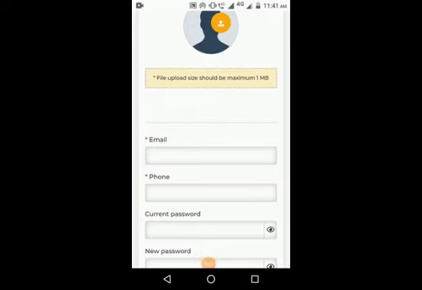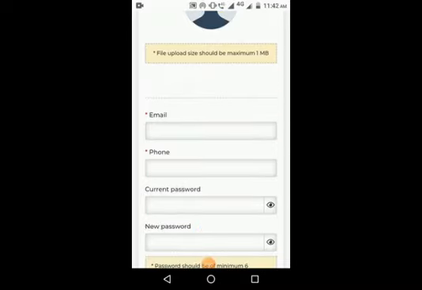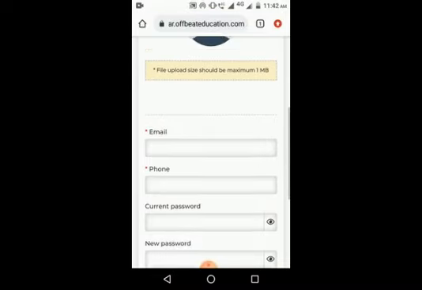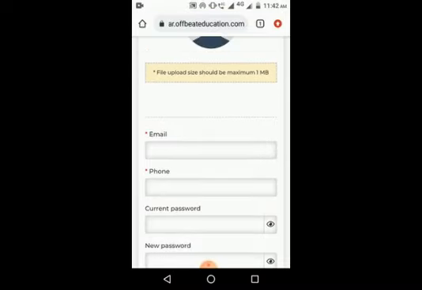Now you need to give your mail ID, phone number, the current password and the new password. Now the question is why we need to give our mail ID and phone number. The answer is, when you forget your password for LMS, you can get an alert in your registered mail ID as well as in your registered phone number.